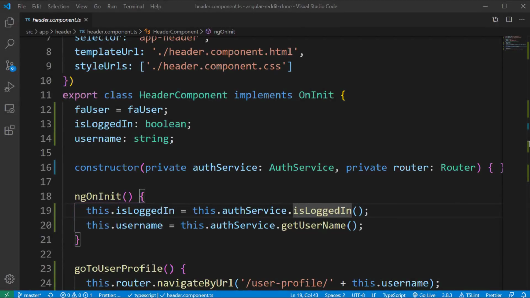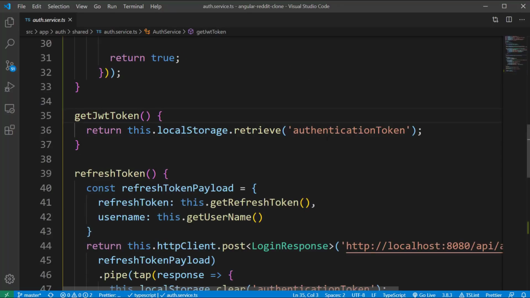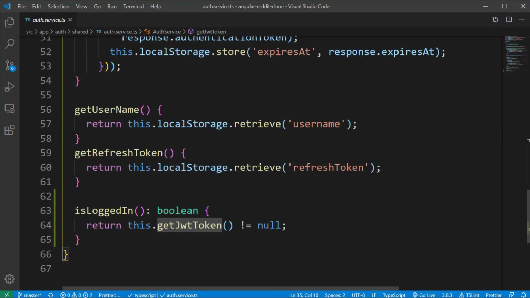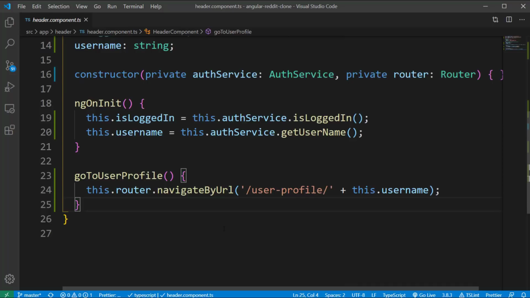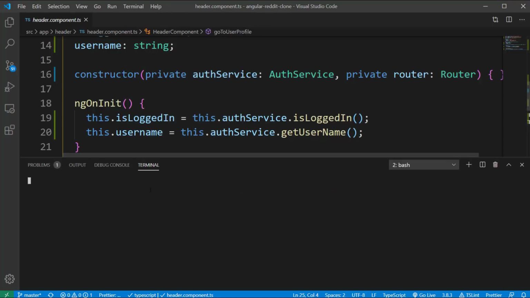Alright, now let's open the header component.ts file, and here we are assigning the value to the isLoggedIn flag through the isLoggedIn method inside the auth service, where we are retrieving the token from the local storage, and we are returning a true or false value based on the availability of the token. We have also defined the goToUserProfile method, where we have the logic to navigate to the user profile page. We don't have this component yet, so let's create this component by typing the command ng g c user-profile